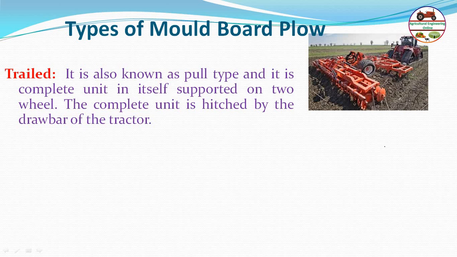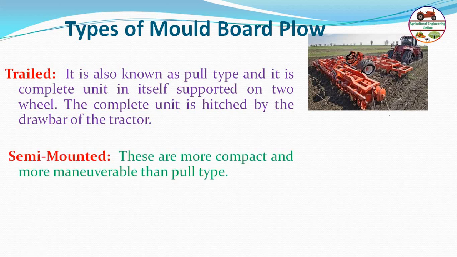On the road also, the mold board is supported by the wheel itself. In the ground also it is supported by this. Whatever soil support it needs is taken by the wheels. Then semi-mounted. These are more compact, and maneuverability is a little better than the trailed one, because the trailed one is very difficult to turn, as it is long and all the support is by the wheels. But the semi-mounted one has much better maneuverability than the trailed one, and it's more compact because some of the weight is taken by the wheels and some of the weight is taken by the hitch